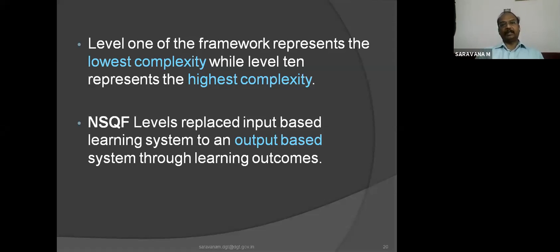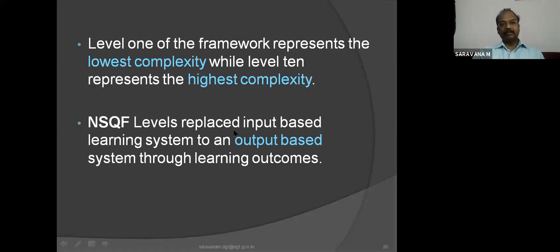Level 2 is also like that. Level 4 and level 5 are ITI courses. See, level 4 we have discussed already, all non-engineering courses. Level 5 is all engineering courses, 2 year courses. So after successful completion of the 2 year course, he is competent enough to perform that skill. So we are certifying like that. Our NCVT is certifying like that. So lowest level to highest level, lowest complexity to highest complexity in NSQF.